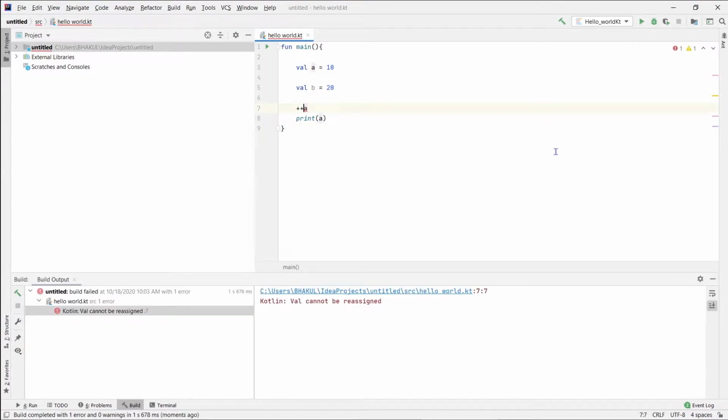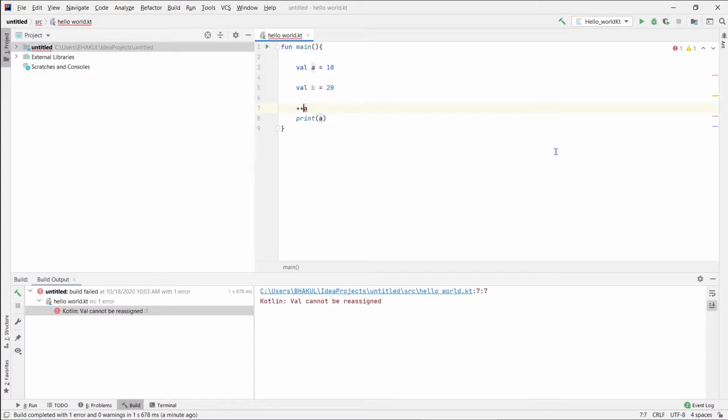As you can see, the output is not shown here. So what's the error that happened there? We already know that val variables cannot be changed, they are not mutable, because the data stored in a val variable cannot be changed.